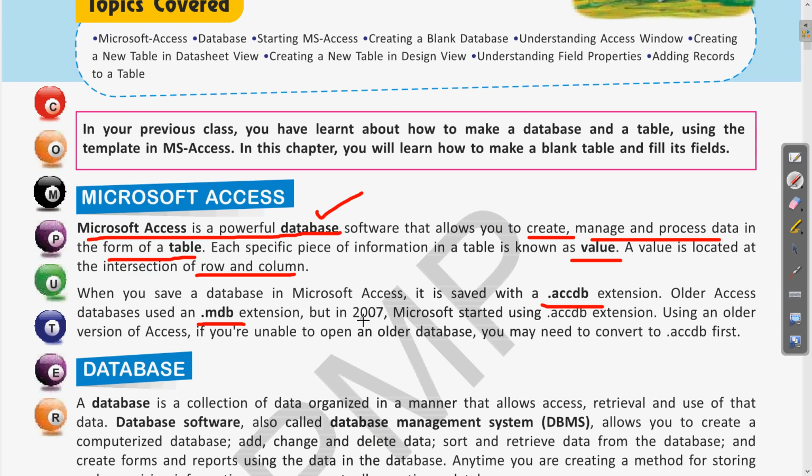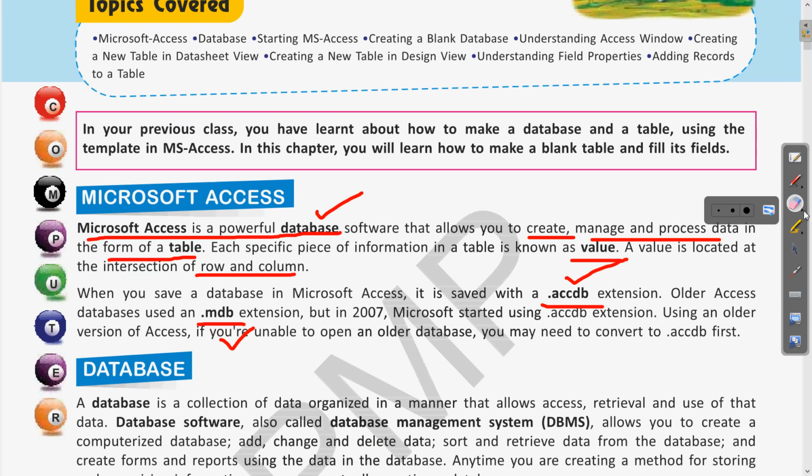After 2007, there are 2010, 2016 and these days Office 365, the different versions of Microsoft Access. For the latest version the extension is .accdb and for the earlier version it is MDB.